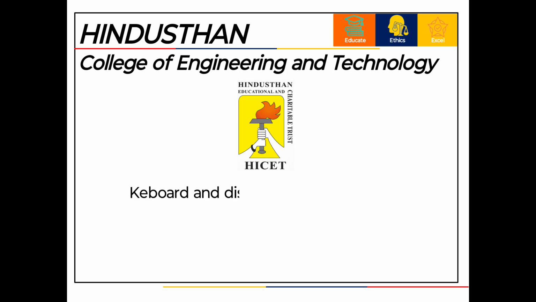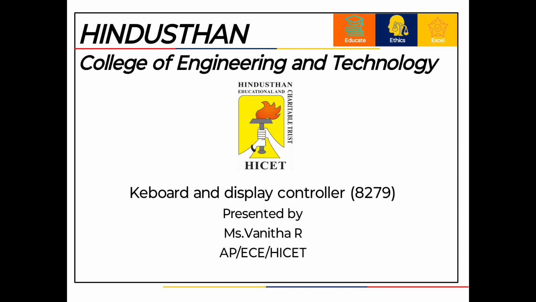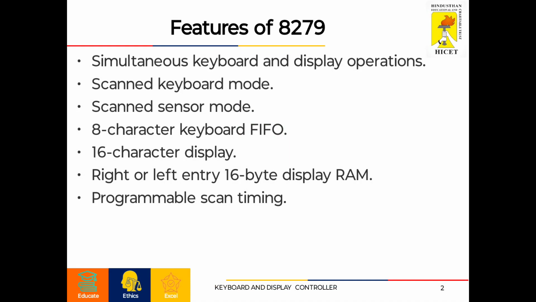Today we are going to see about keyboard and display controller 8279. So first of all, what is keyboard and display controller? It is specially developed for interfacing keyboard and display devices to 8085 processor or 8086 or 8088 microprocessor based systems. The main purpose of this 8279 is that it relieves the processor from time consuming tasks like keyboard scanning and